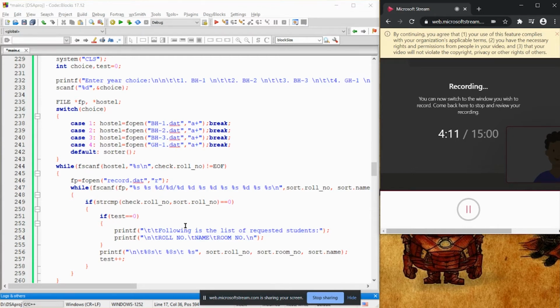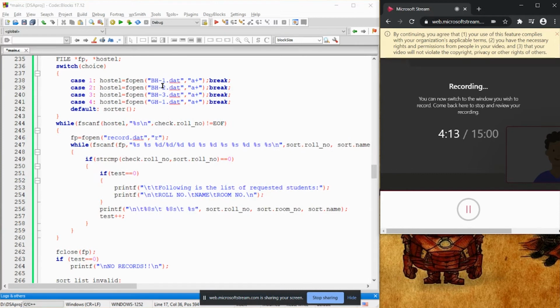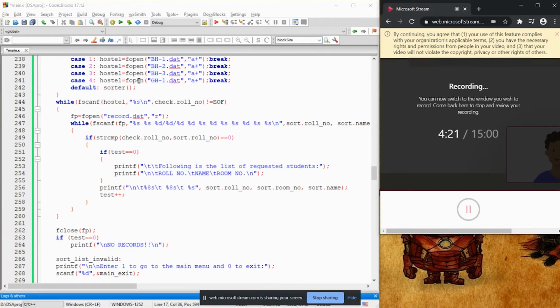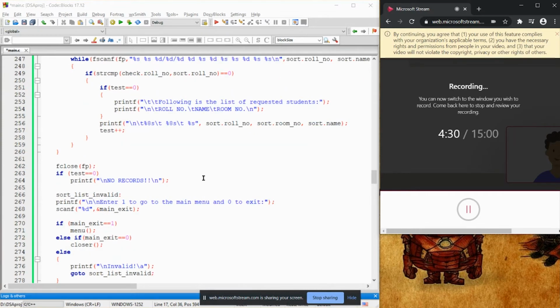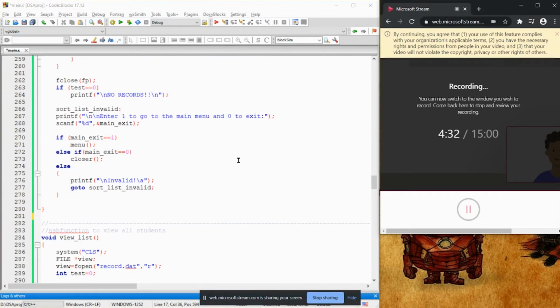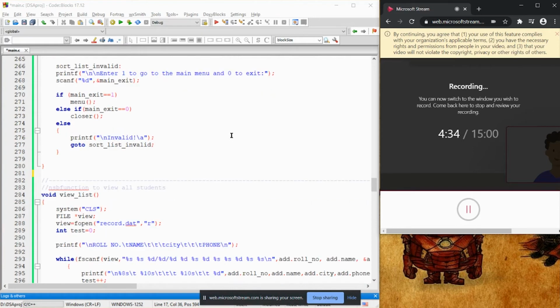We compare the registration numbers of that particular hostel's file, bh1.dat, with the record.dat file, match these two, get the information from record.dat and print it here. We use simple linear search here, and then again we get a message to either go to the main menu